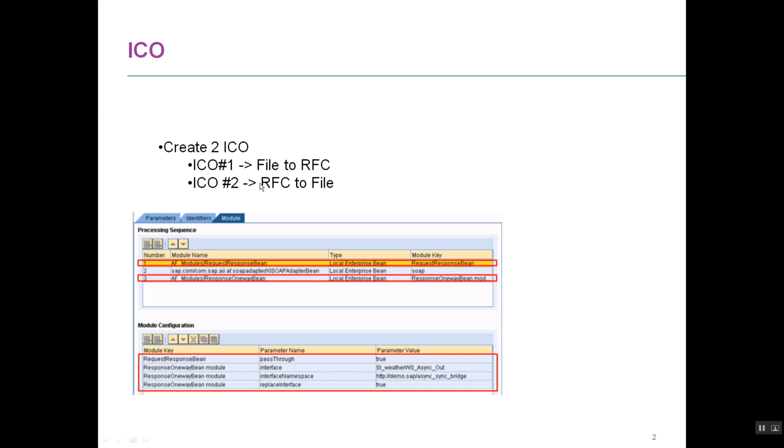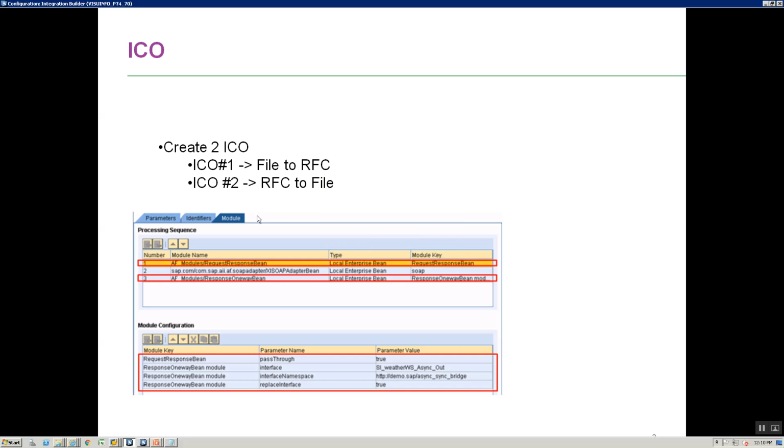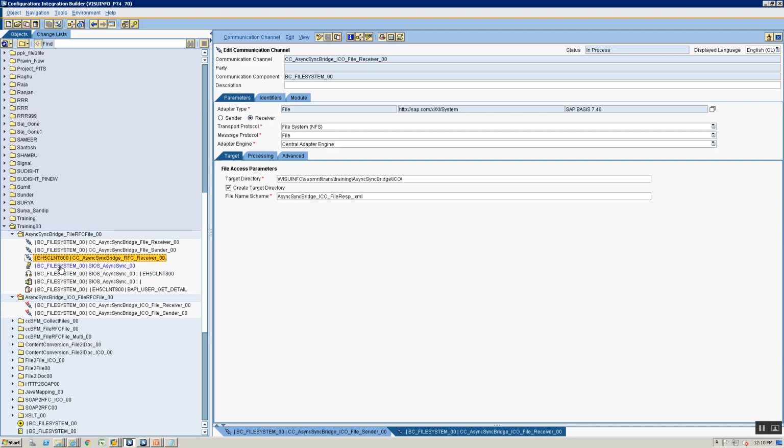And now in our RFC adapter we would need to add some modules. We would need to add the request response bean and the response one-way bean, and the parameters will be a little different than what we saw. So previously, in the classical configuration in the previous session, we had introduced all the modules in the sender file adapter. In this case we are now going to introduce it in the receiver RFC adapter, and because of that, we unfortunately cannot reuse the receiver adapter, but we'll have to create a